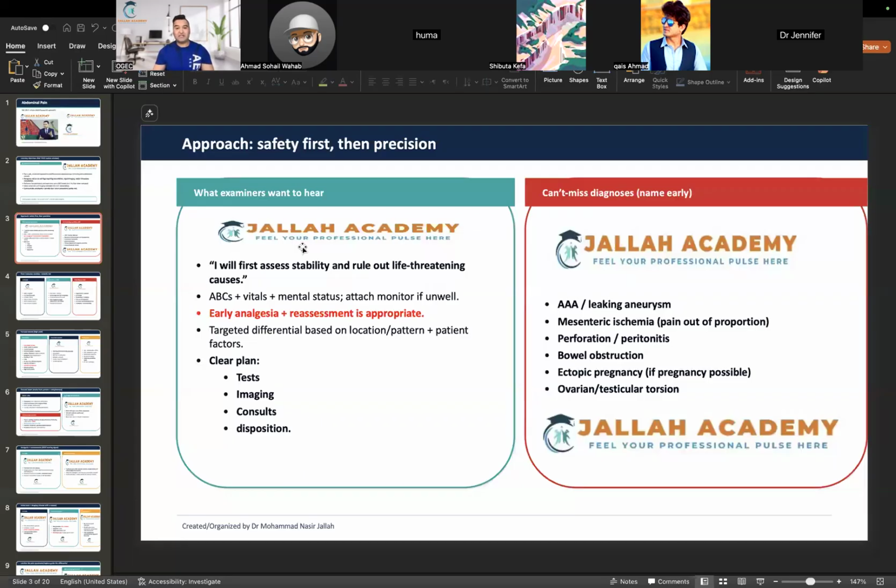All right. So abdominal aortic aneurysm, leaking aneurysm. This you have to mention, and if you're taking a history, you have to ask those specific questions so that the examiner knows that you're trying to rule out abdominal aortic aneurysm. You cannot miss this because these are the red flags and you have to rule them out. If you do not rule out these red flags, you're in trouble. You're losing a big portion of your mark because they expect you to mention and rule out these conditions.